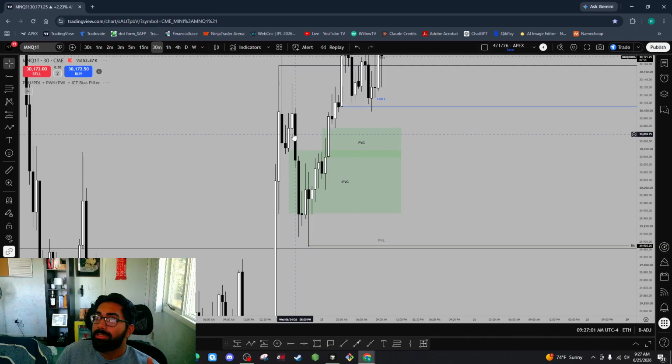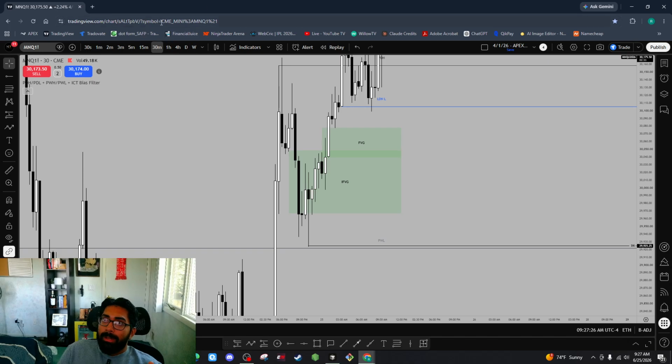Yeah, I mean, this 30-minute bearish fair value gap right here, but this got inverted, right? This bearish fair value gap got inverted by structure right here, so this would be considered an inverse fair value gap, a bullish inverse. But we already have this regular bullish fair value gap marked, so we're not going to chart it for no reason, right? You don't want the chart to look very cluttered.